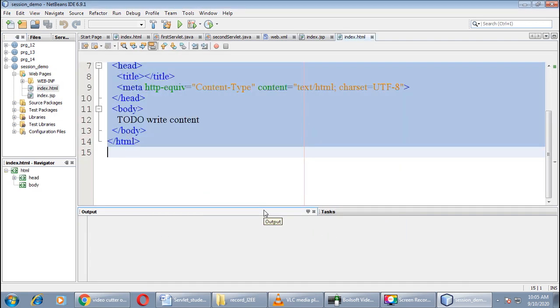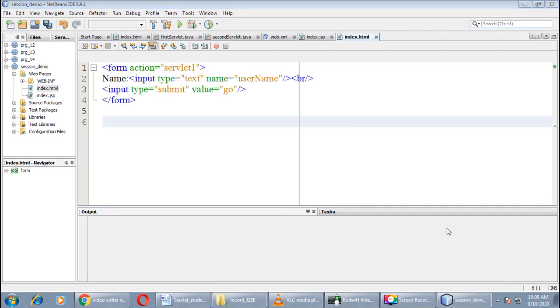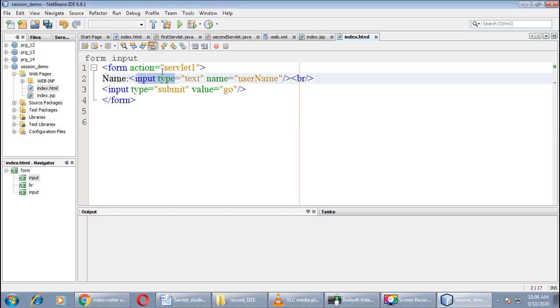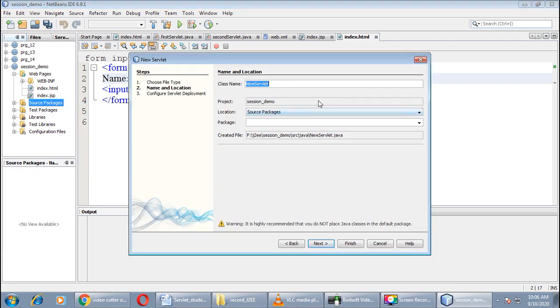Remove all the coding and type the coding as I have shown in the document. As you can see the coding of index.html, we want one input type text box and one submit button in this page, right?